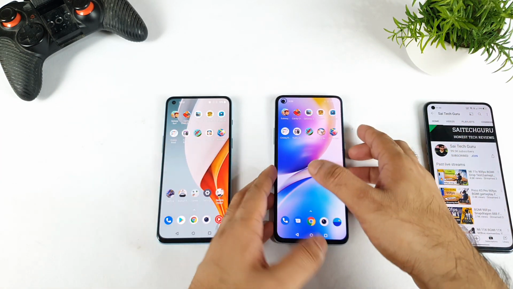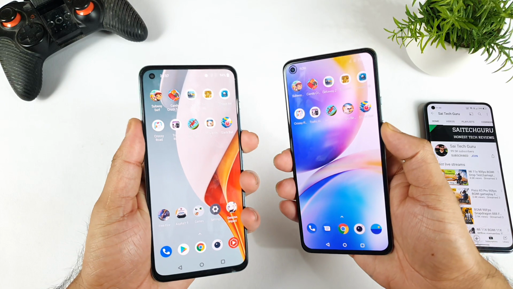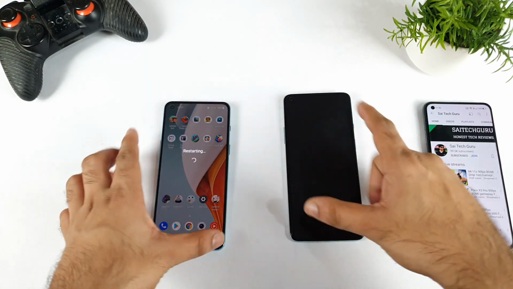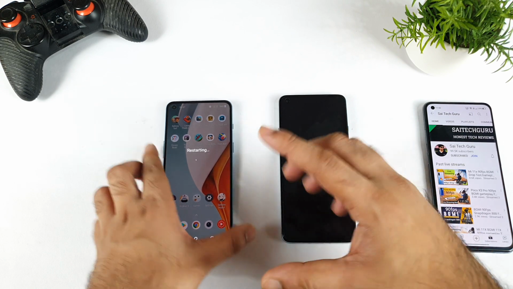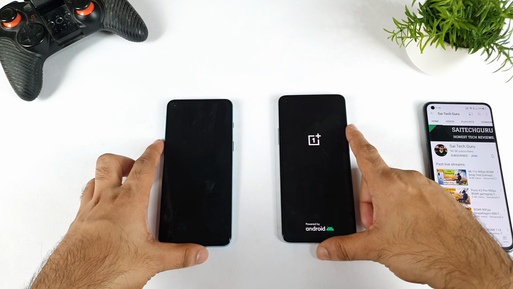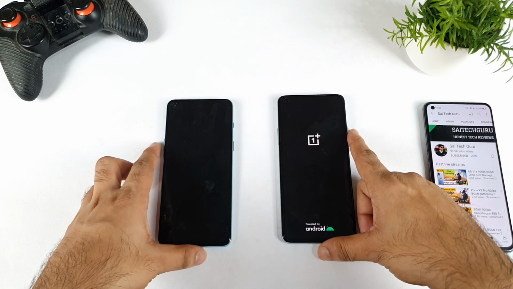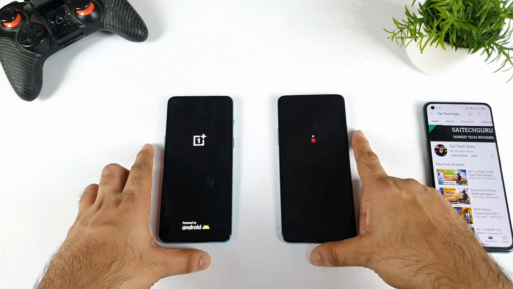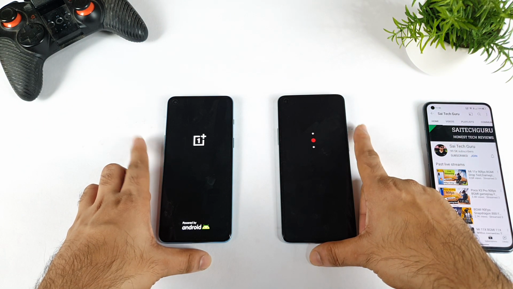So let's start with the first thing, which is a reboot test. Let's start both phones and reboot first. These 10 games are completely offline games. They don't require any kind of Wi-Fi or internet connection, so you should not be worried about that. So, OnePlus Nord 2 versus OnePlus 8T. This is going to be really interesting to see what will happen with both phones.